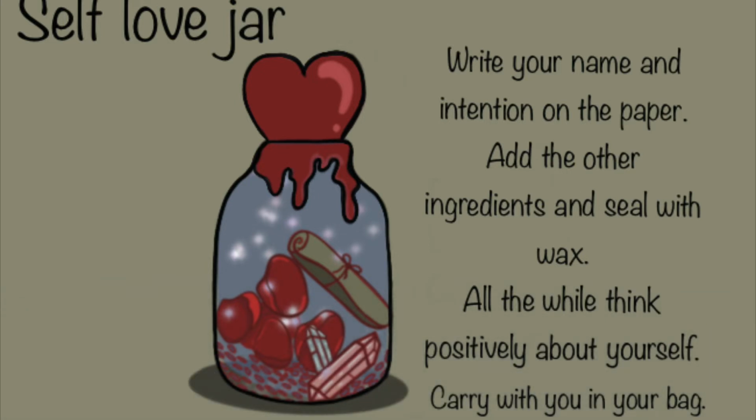Once you've done that, and all the while you need to be thinking these positive thoughts and act like you already believe this, and then roll up your piece of paper, and you can tie it with a little piece of red cotton. You don't have to have red cotton, you can use white or anything. And what you then do is pop that into your jar,